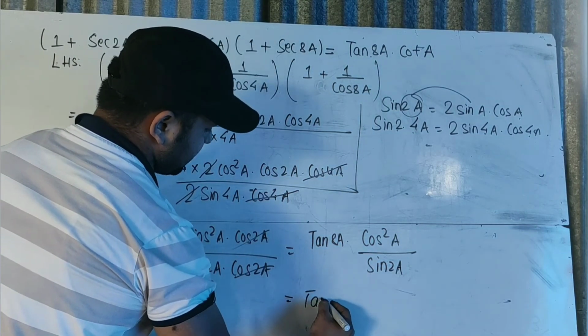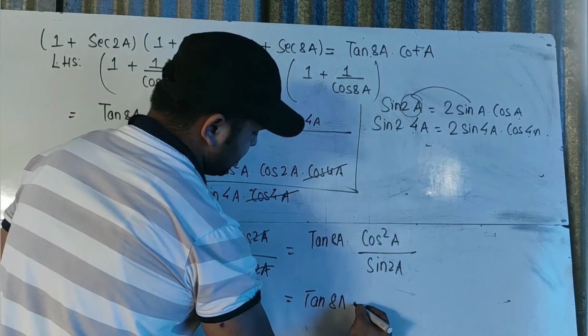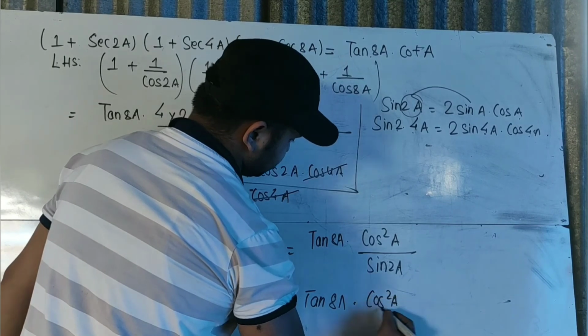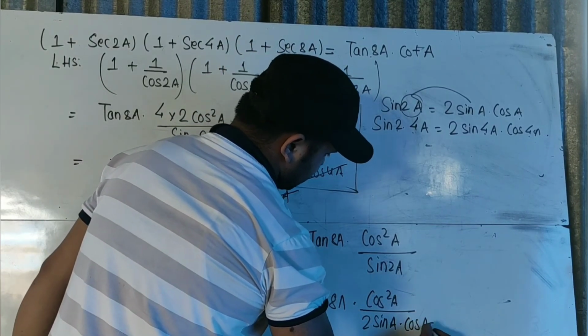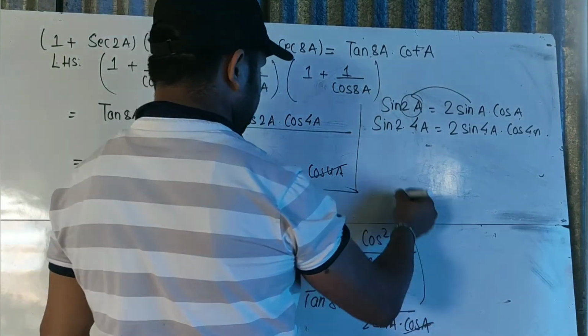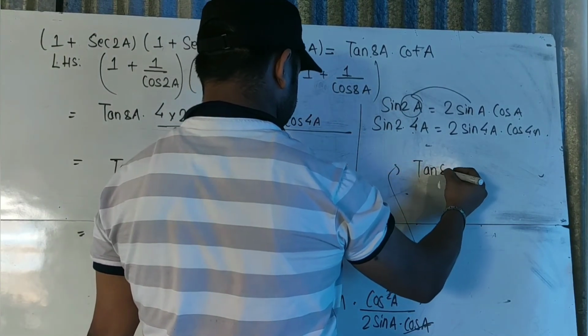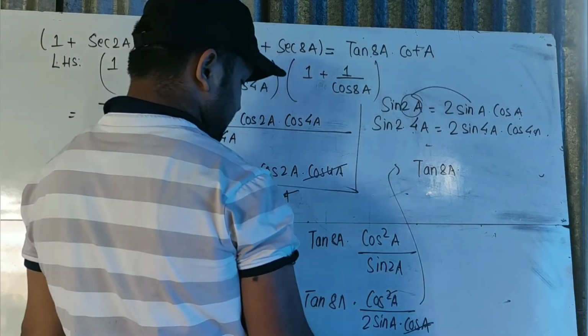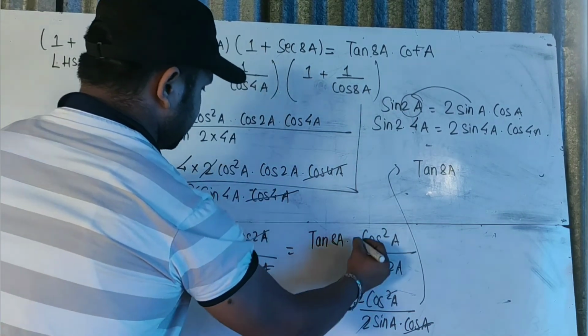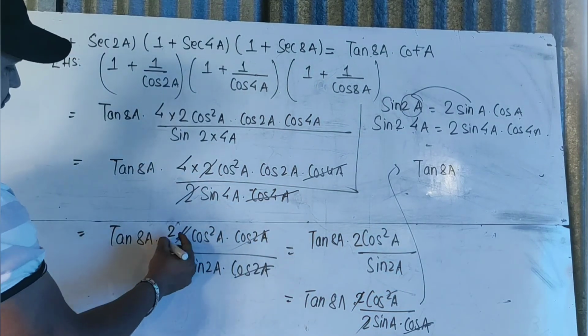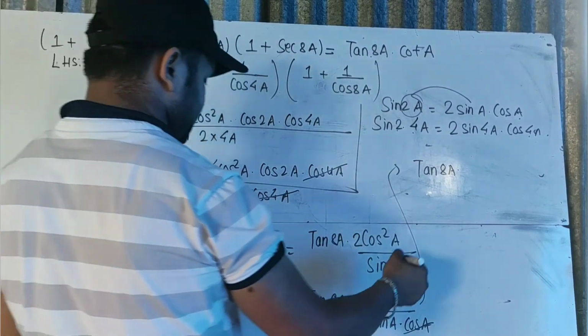Again we are going to put the formula of sin 2a. The formula of sin 2a is 2 sin a cos a. Now cos square and cos a cancel. Now what is left here is tan 8a into cos a by sin a. You also have the 2 in the numerator, and 2 and 2 also get cancelled. Now you have tan 8a by